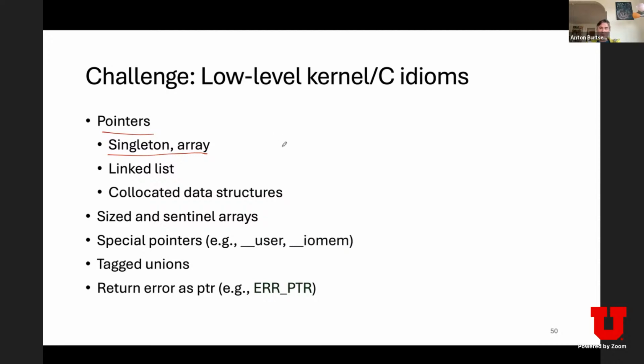An array in C looks like a pointer at the level of the API, so you cannot distinguish it, and you need to somehow know that it's an array. They pass linked lists, and they collocate data structures, meaning sometimes they have a data structure A, and they know that B was collocated exactly next to A. So when they were doing malloc, they set the size of A plus B, and then they do something like